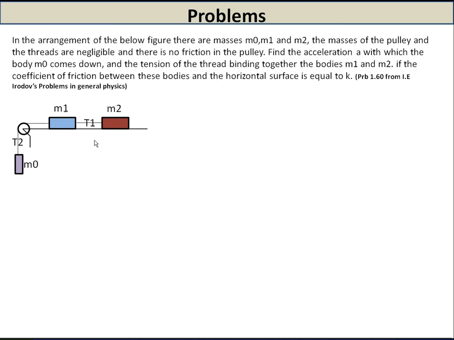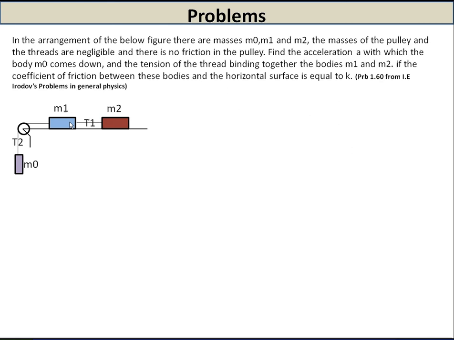As I had told earlier, before solving any problem, you need to think how you are going to attack it. If you look at the figure, we have three masses, and we need to find out T1, T2 and the acceleration a. We have three unknown variables. Let's see if we can come up with the free body diagram for each of these masses. Then we will have three equations, and solving those will give us the values of the unknowns. So with this in mind, let us attack this problem.